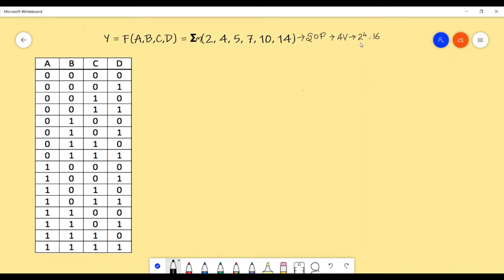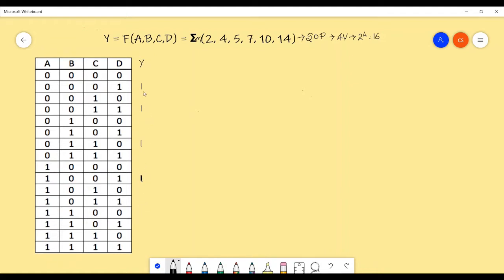And the combination of the inputs has been shown here in the truth table. The truth table for the same has been plotted here and the output is yet to be plotted. I have taken all the possible combinations of the inputs. So let's go and plot the output. So this will be a Y. So this is 1. This is 1. 5, 6, 7 is 1. 8, 9, 10 is 1. So this is 1 here. 11, 12, 13, 14, 15.